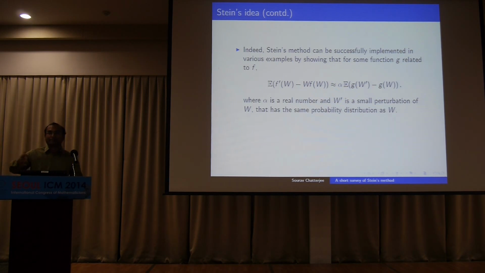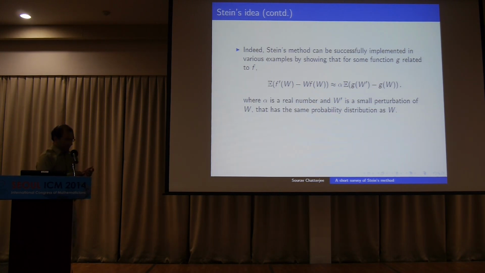So for instance, if you toss a coin n times, you check the number of heads. Let's say that's W. So what's a small perturbation that retains the distribution? What you do is you take some number at random between 1 and n. You look at what happened in that toss. Just forget about it. Toss the coin again and put in the new result there. And then you get a new number of heads, okay? So that's a small perturbation of W, but this new thing also has the same distribution as the old thing, okay? Probabilistically, they have the same distribution.